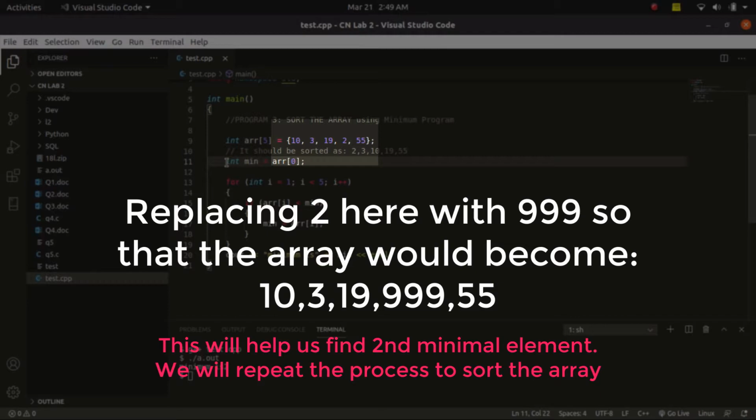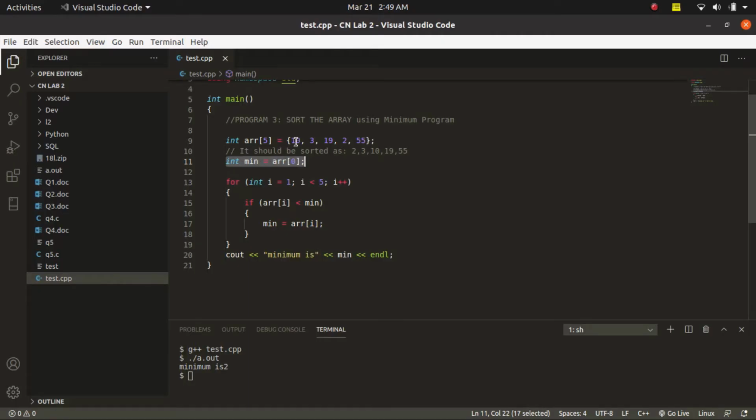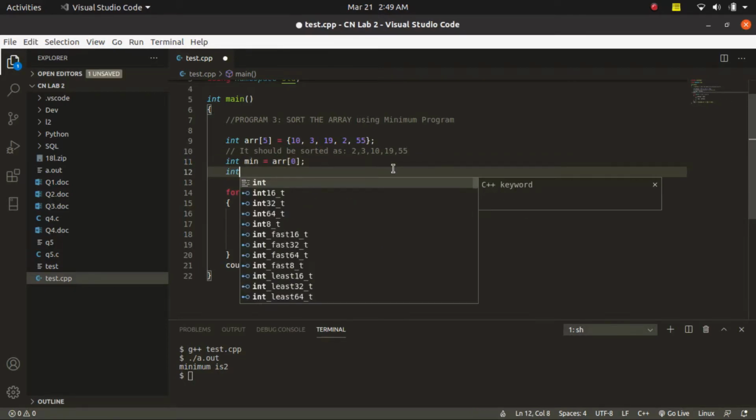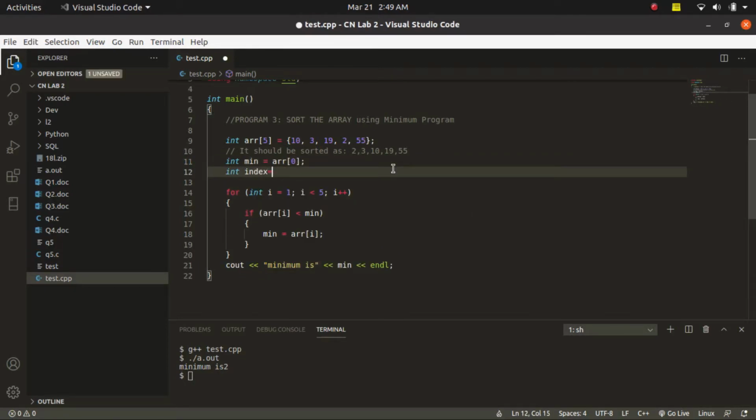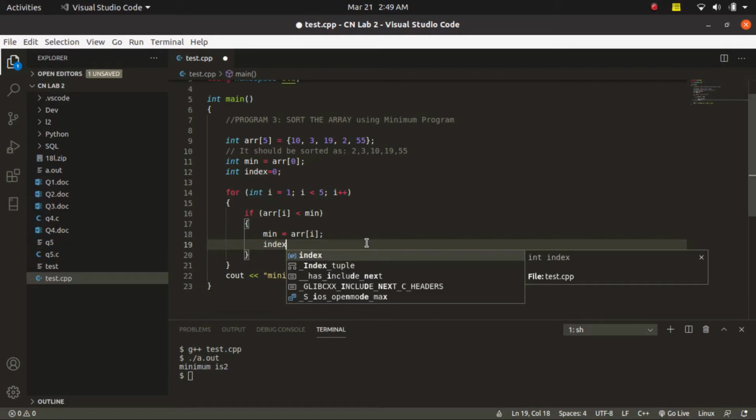So to do that, I need to have a variable that stores the indices in which the minimal element is there. So here we are assuming the minimal element is in the first position, in which in the previous video I explained why we assume that. So now I'm going to have an index variable, and wherever is the minimal element, we are going to store the index of that element as well. So here we are assuming 0 is the minimal element, so index should be 0. And whenever the minimal element is changed here, the index needs to change to reflect that as well. So the index will be I.